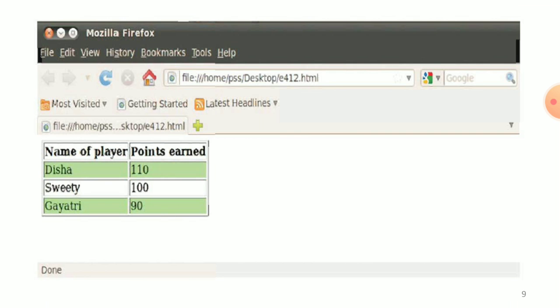That is the output of the table. First row no color, second row light green, third no color, and fourth is light green color. The first column is the name of the player, the second column is the points.